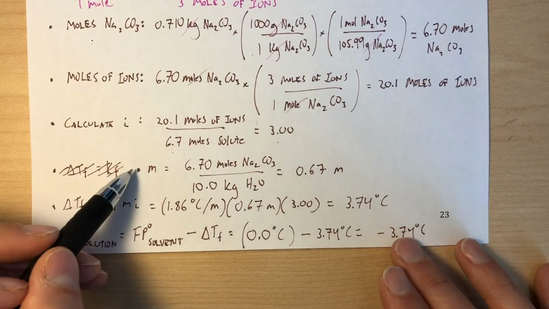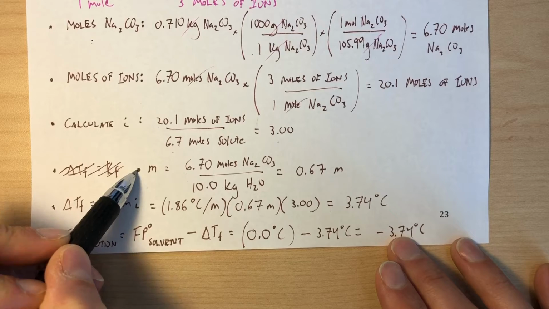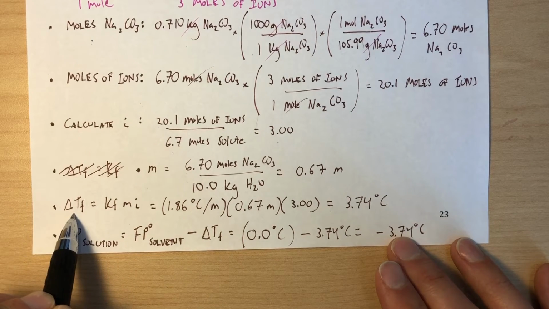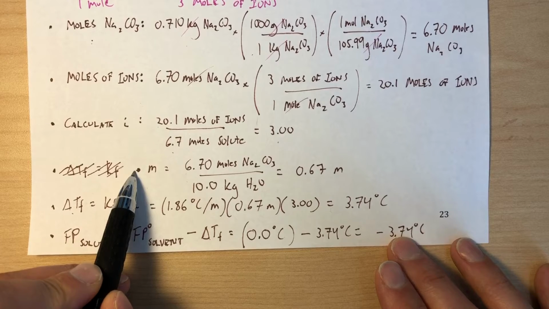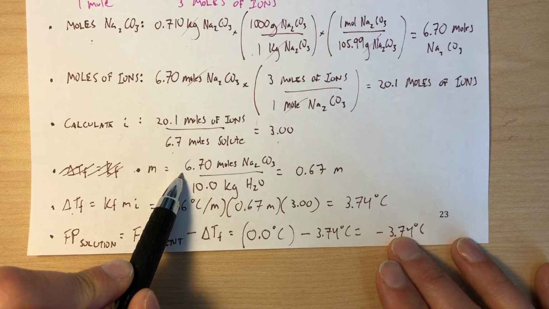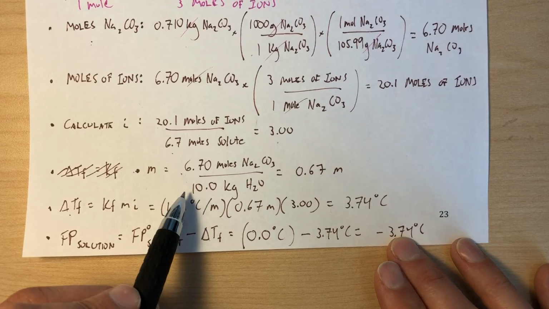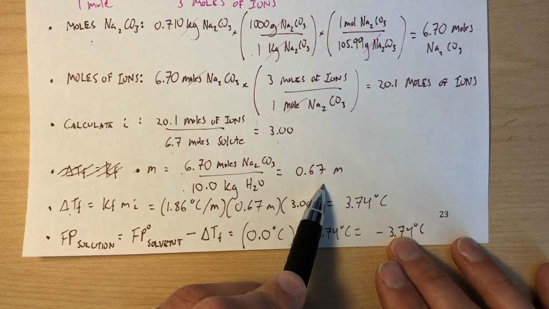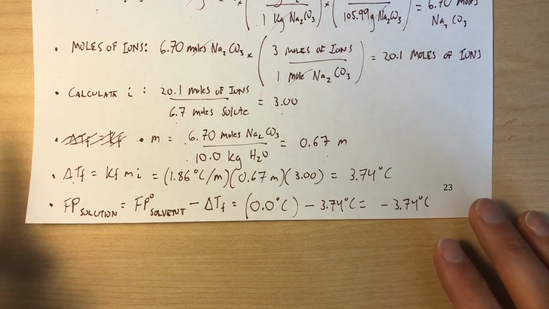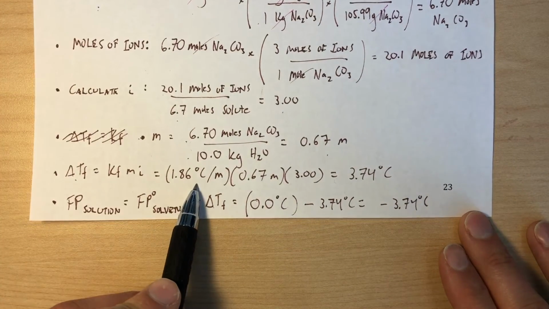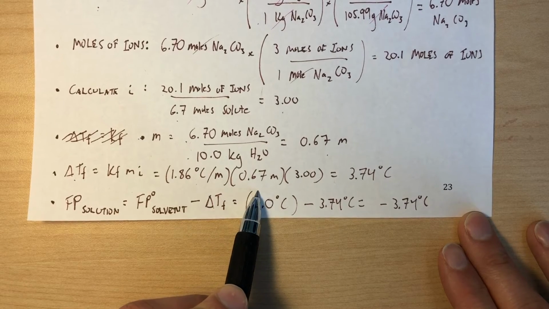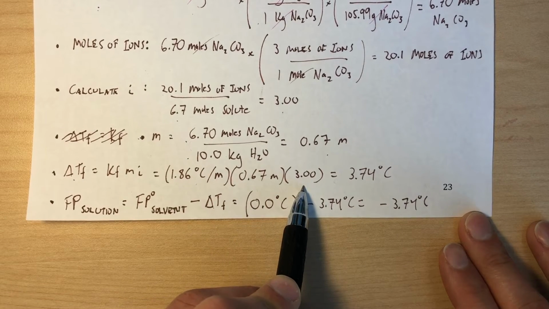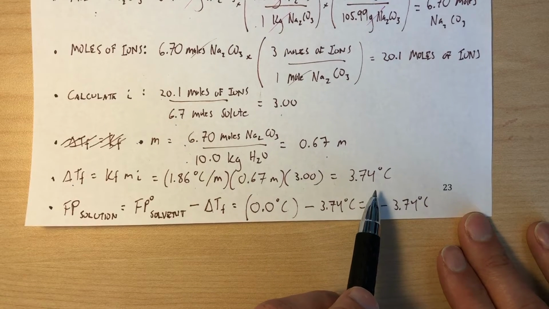So now we need to figure out the molality of our situation so that we can then calculate the change in freezing point. So molality is our moles of solute, which we've already calculated, 6.7 moles of sodium carbonate, divided by kilograms of solvent, which is 10.7 kilograms of H2O, which is equal to 0.67 molal. We can then calculate our change in freezing point by multiplying our provided freezing point constant for sodium carbonate, which is 1.86 degrees Celsius per molal, times 0.67 molal, times our unitless Van't Hoff factor 3, which is equal to